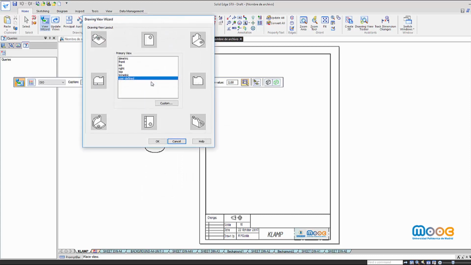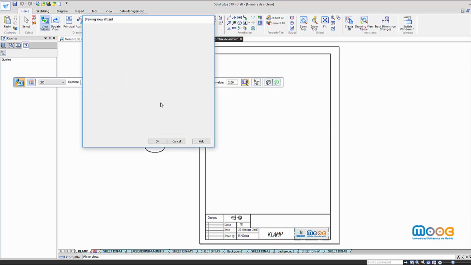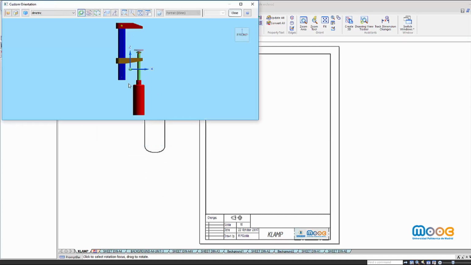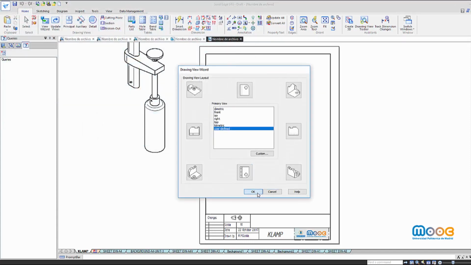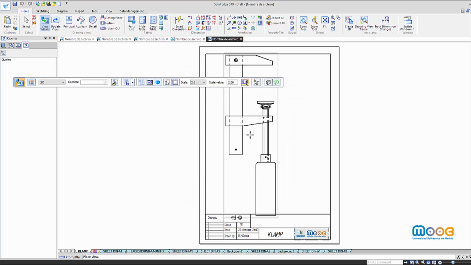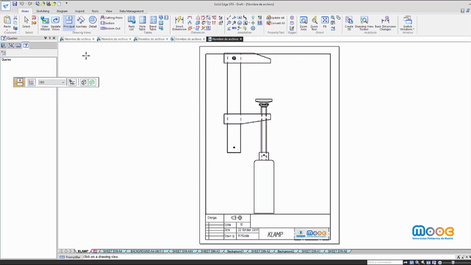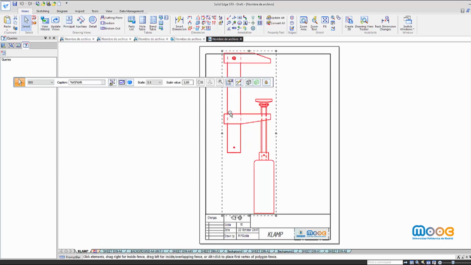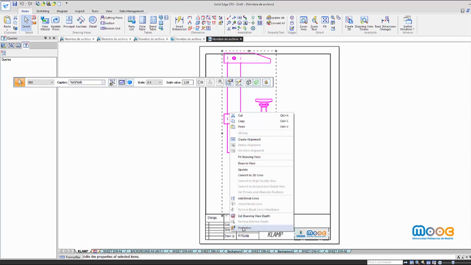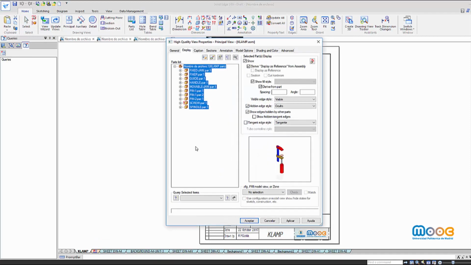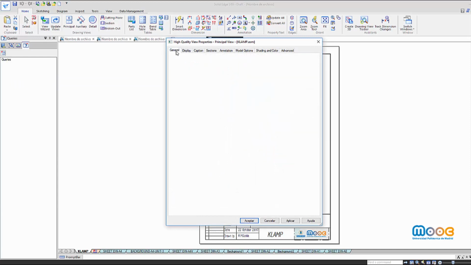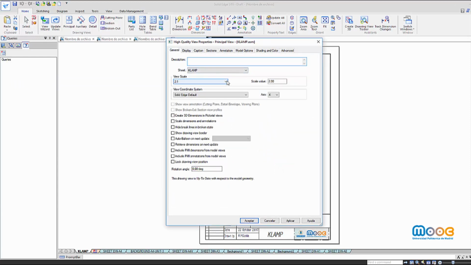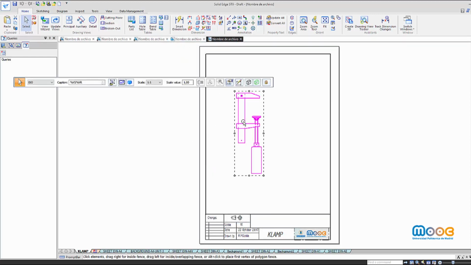We can customize the view we want to insert in our draft. And here you have the assembly drawing. You can change the scale as we did with the part drawing. I fix it 1:1 for example,